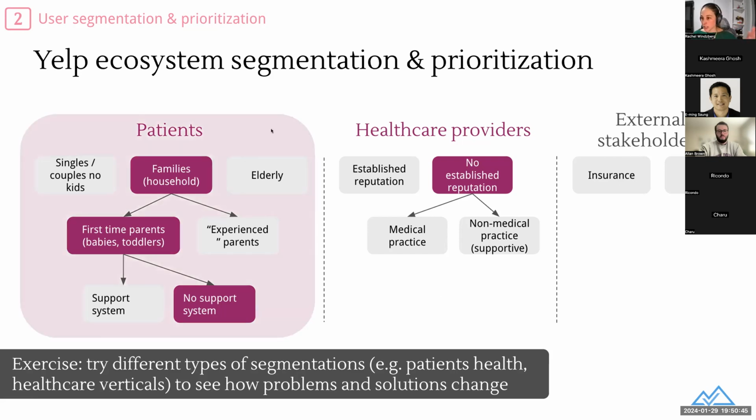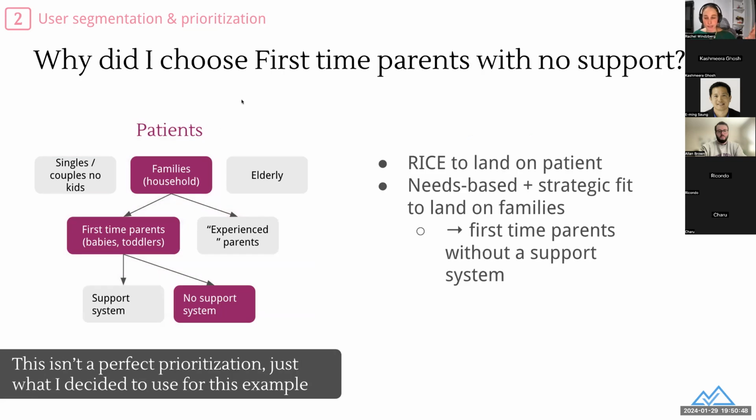So I selected patients. I already said that before. And I now want to show you why I chose first-time parents. I used RICE, and I'll show you a detailed example of comparing one-to-one on RICE. But I'll just say here that families are probably the ones, focusing mostly on the reach and impact side. For singles or couples with no kids, I could be convinced that's the right approach because they just moved to the city and don't know what doctor to go to,